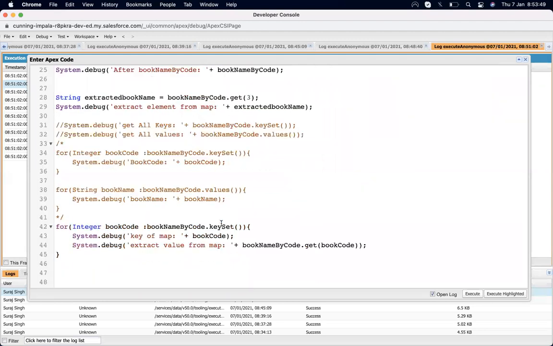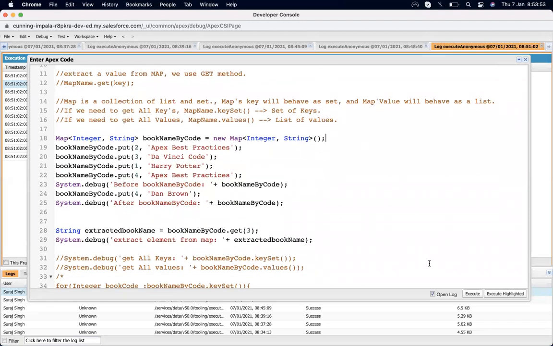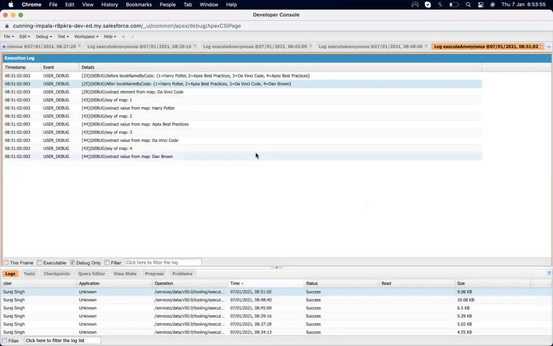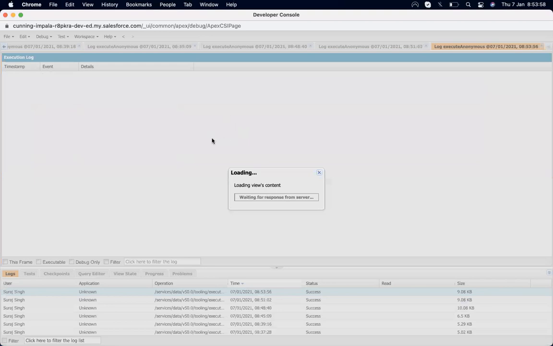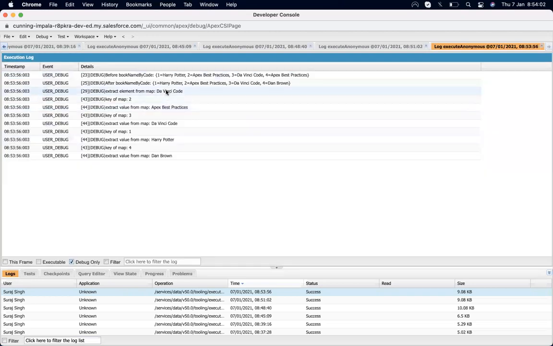Okay, no issue. Actually, it's internal processing. I will put that one after the 3, but it's showing 1 at the first position, so it gets ordered.